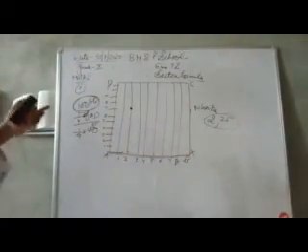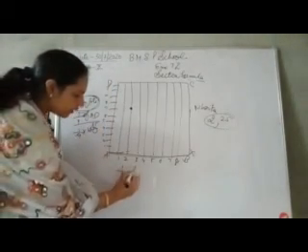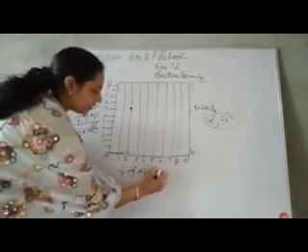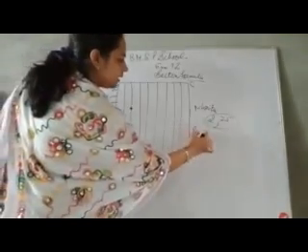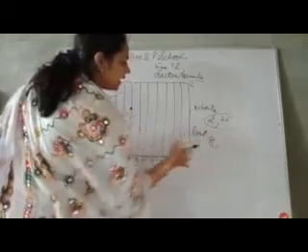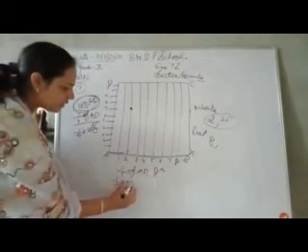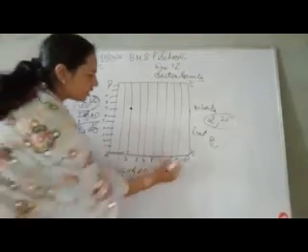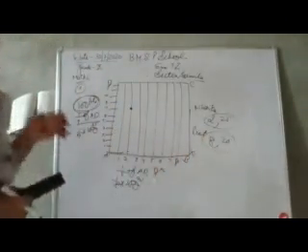Okay. Now the position of Preet, they said 1 by 5th of AD, 8th line. 8th line means this one line. For Preet, the x coordinate is 8 and the y coordinate is 1 by 5th of AD, which means 1 by 5th of 100, that is 20. Okay, I got the position of Niharika and Preet.